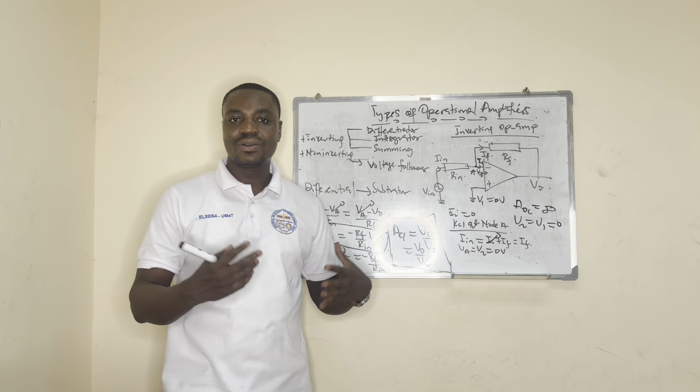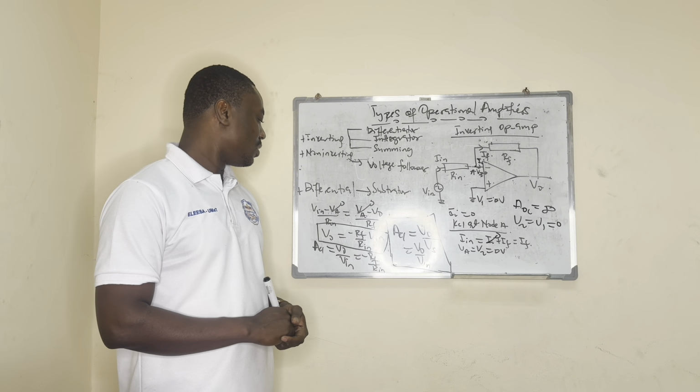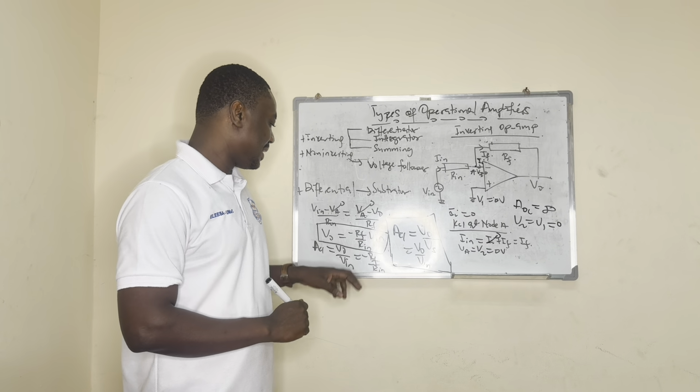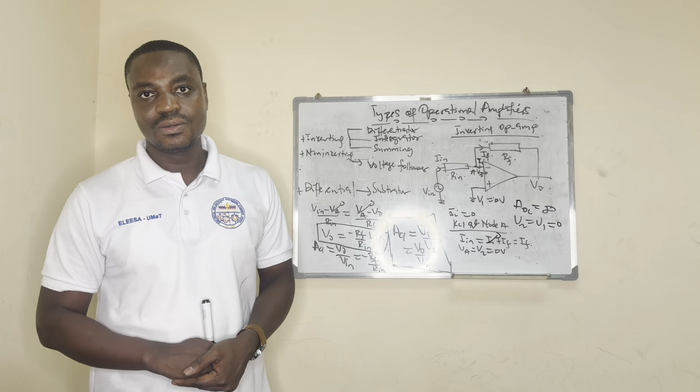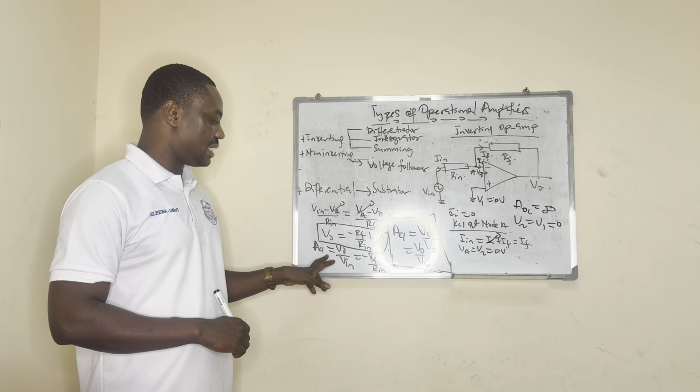So this is how we are able to calculate the output voltage when it comes to an inverting operational amplifier, as well as the closed loop